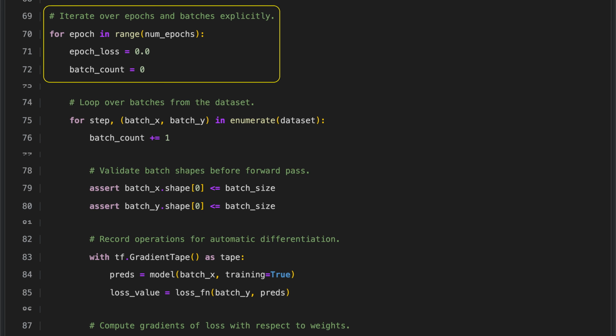We run a training loop over the chosen number of epochs, which is 1 in this example. At the start of each epoch, we set the total loss to 0, so we can accumulate how much loss occurs during that epoch. We also set a batch counter to 0 to track how many batches we process. By the end of the epoch, these values let us compute the average loss by dividing the total loss by